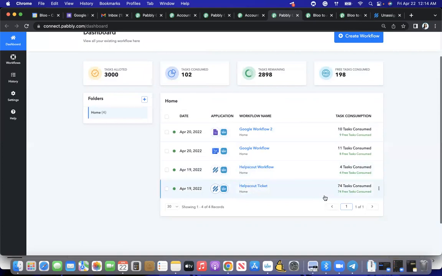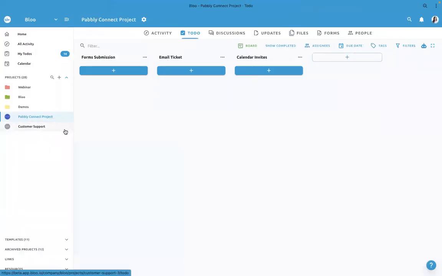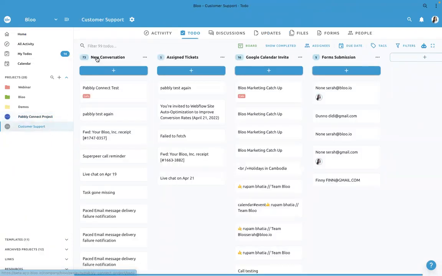So essentially this one, it would be any ticket or any supports that I receive right on Help Scout, there automatically I receive an email. Oh no, sorry, not an email, a to-do right on Blue. So I'm just gonna share quickly what that would look like. So now I'm back to Blue. So as you can see, new conversations. So these are 73 tasks that I received from